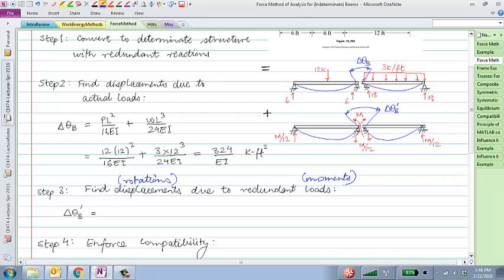So what rotation should I choose? Theta right, because of course I want the rotation at that point. Theta right is ML over 3 EI. Okay, so I'll write that. ML over 3 EI for this part. How about this guy? Should I choose left or right? Right again. Why is that? Of course, because it's just a mirror image of the same structure, right? In this case, the moment is being applied on the left side, so the rotation at the end at which the moment is being applied is indeed ML over 3 EI, right? So that's another ML over 3 EI, and if you calculate that out, we get 2ML over 3 EI